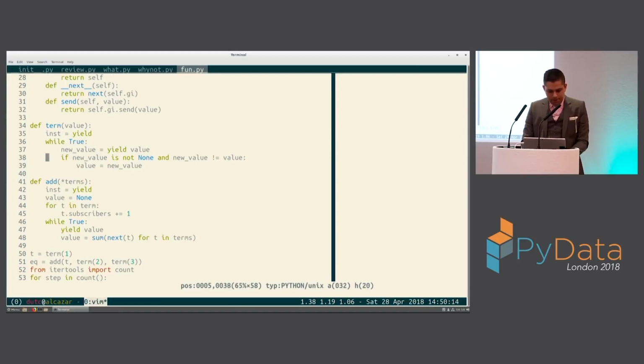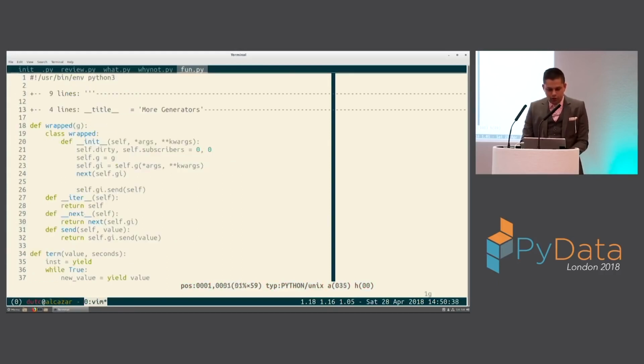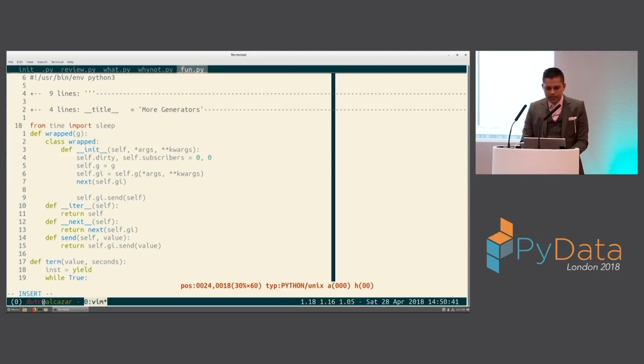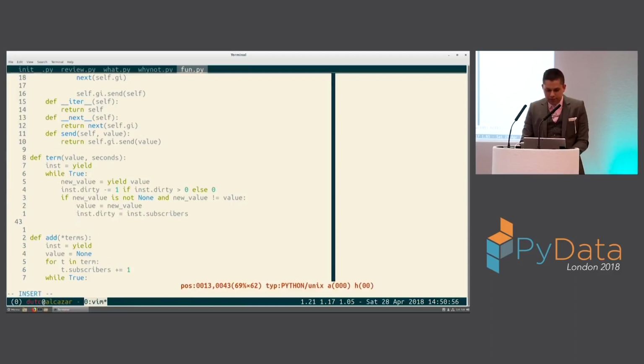in this new term, and we'll just clip this to 0. Every time we yield a value, we can just decrement by 1, so we're no longer a dirty value. And then we'll use our same trick from before. We'll put a little sleep in there just so that we can see the dirtiness take effect. Here in the term, whenever we recompute the term, we can mark ourselves as dirty, and we can sleep for some period of time.